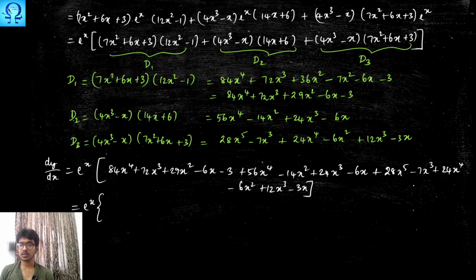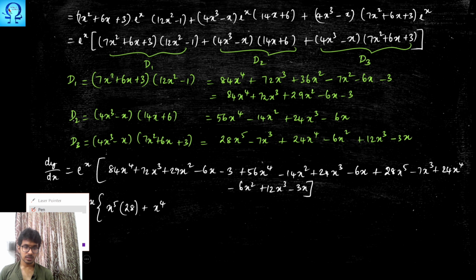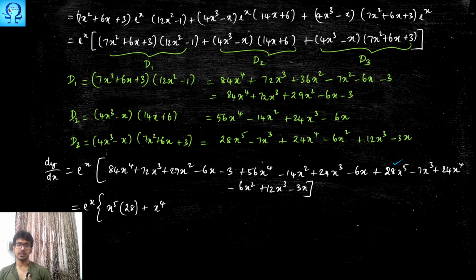among this the highest power is x power 5, right? So write x power 5 and look for the x power 5 coefficients, only 28. So 28 I am done. Then I'll have to look for x power 4. So when you are done with some term, just put a mark over it, just to keep account of what are the terms that we have considered.